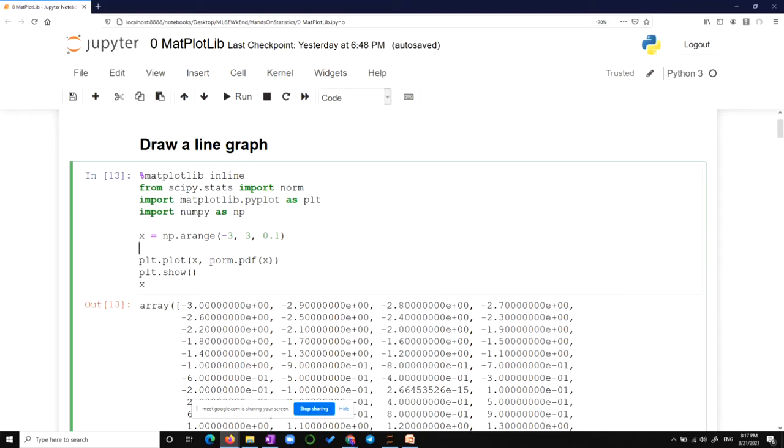So it is actually calculating every time what probability should I assign to the number -3, so that when it plots, it should look like a normal distribution.